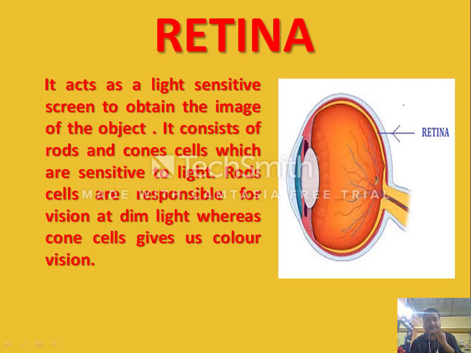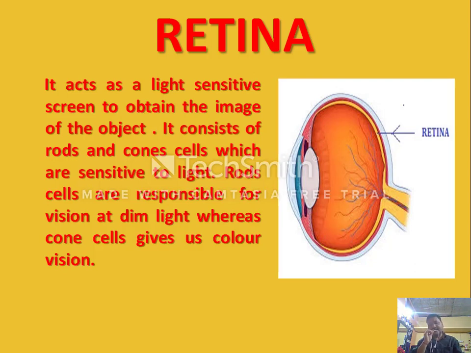We have two types of photoreceptor cells. One is cone cells, the other is rod cells. The name suggests their shape. Rod cells have rod-like structures and cone cells have cone-like structures. So these are rod cells and cone cells. Rod cells are responsible for vision in dim light, whereas cone cells give us